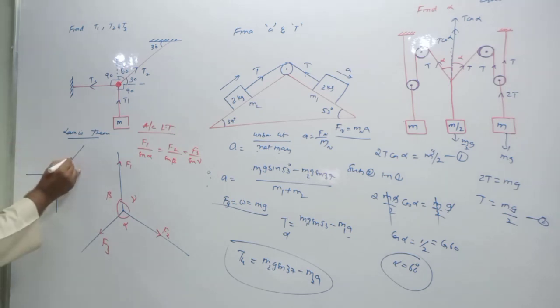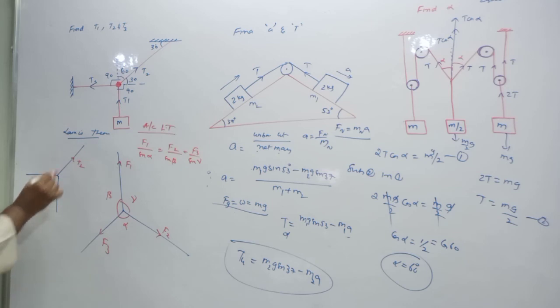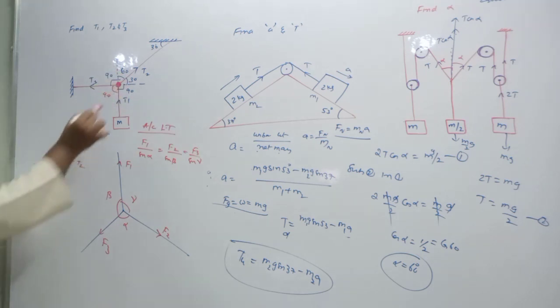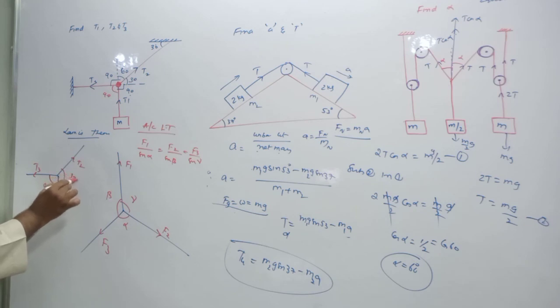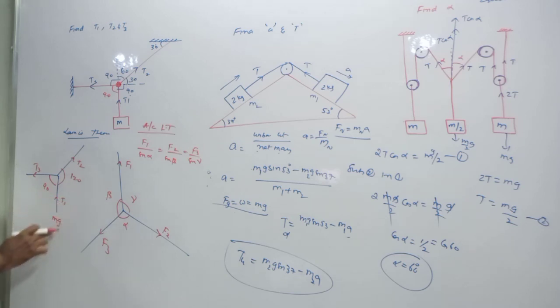Now this is T2, and opposite to that what is the angle here? Just 90. Okay. This is T3, and opposite to that the angle is how much? 90 plus 30 is how much? 120. And this is mg, no? This tension T1 will become mg here, and the total angle here is 90 plus 60 is 150 degrees. Okay. So just apply here.